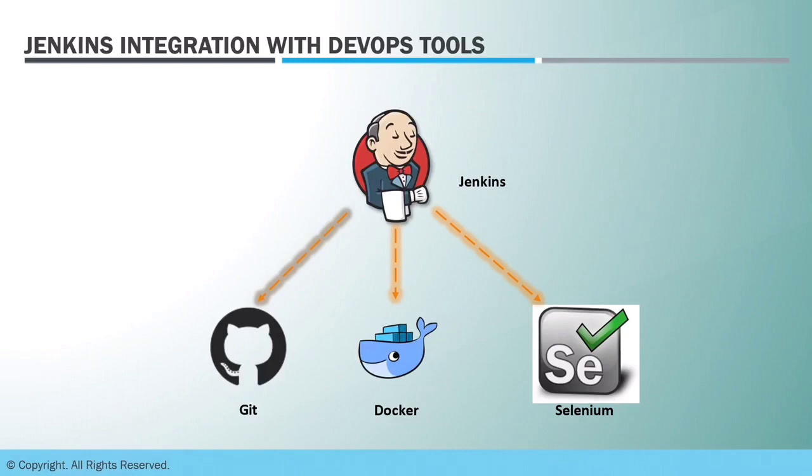The packaging can be done in terms of VM images, or in terms of Docker images or other types of container images that can be built during the build phase of the code building. And then testing can be done using automated test cases. There are various tools available to support automated or continuous testing fundamentals, like Selenium and JUnit. These kinds of tools are available in the market, where you can write the test code in their format, and they will run all your test cases automatically without any human intervention.